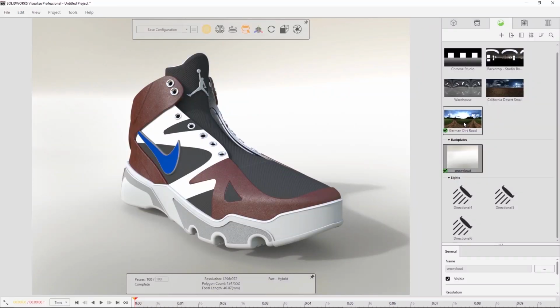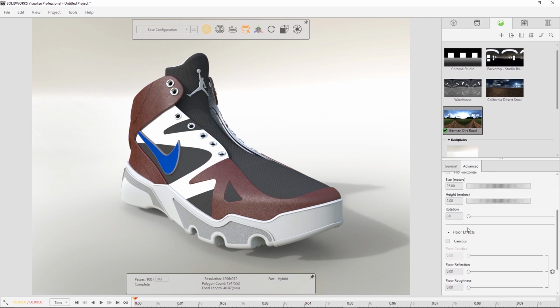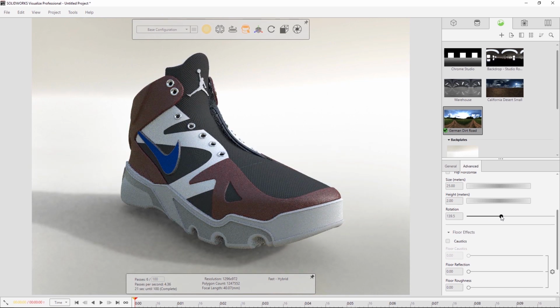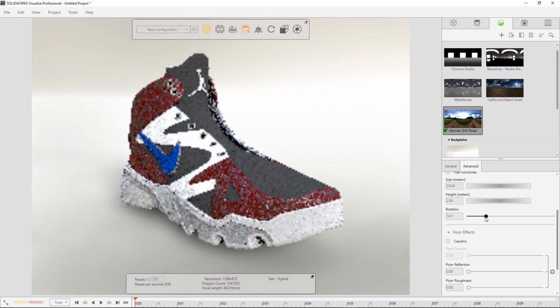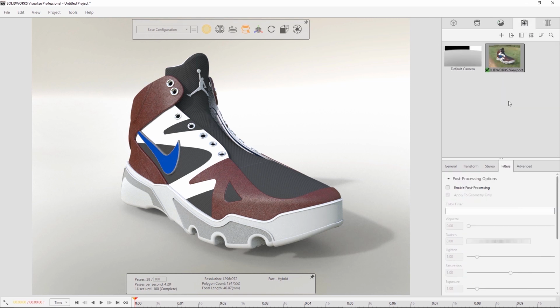And then what we can do is to take our lighting condition, so our kind of environment that we're using, and then I can kind of rotate it around. Now the nice thing about this is obviously it changes our shadow direction. Can you see that? As we're moving our scene around, it's actually giving us shadows in different orientations. So that's where I want my shadow to be. So the sun's kind of coming from this side. And then once we've done that, I can start working on my cameras.